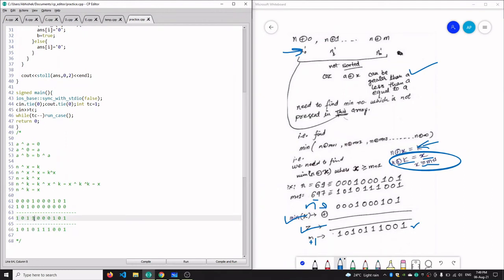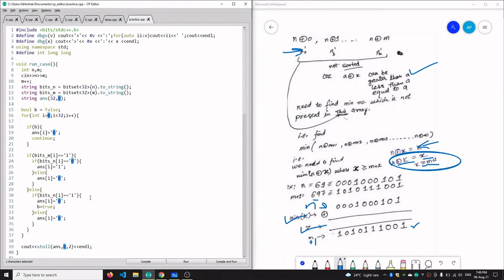If we are done with creating z greater than m, then this boolean value will become true. That is, we already have an index which contains 1 in z and 0 in m plus 1, so that z has already become greater than or equal to m plus 1. So this boolean value represents that if your z has already become greater than or equal to m plus 1, and if that is true, then all other bits of our answer would become equal to 0.